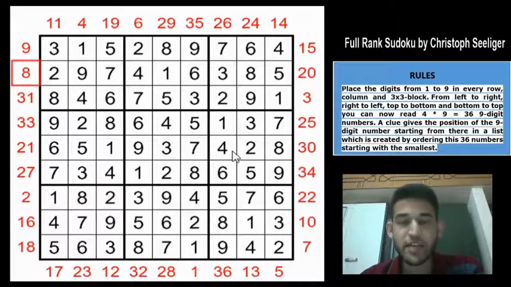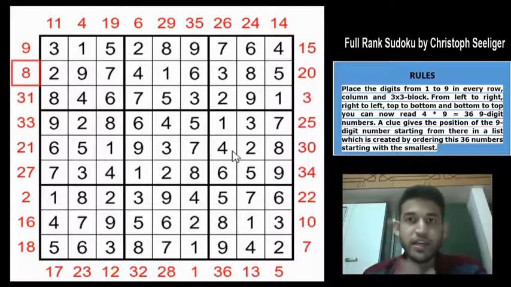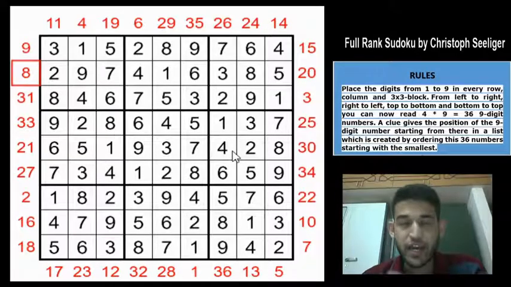So what it basically means is that when the 36 9-digit numbers are arranged in ascending order, the 1 to 4 positions will have the inside digit as 1, 5 to 8 outside clues will have the inside digit as 2, and 9 to 12 will have 3, 13 to 16 will have 4, 17 to 20 will have 5, 21 to 24 will have 6, 25 to 28 will have 7, and 29 to 32 will have 8, right, and 33 to 36 will have